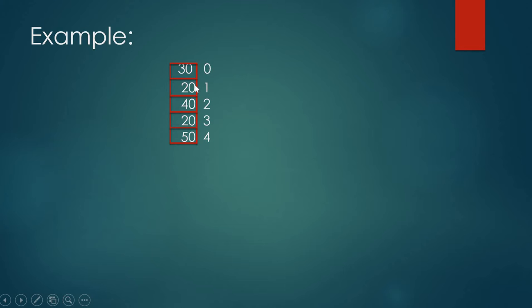Next, the element to be searched is 20. What is the frequency of 20? Here we can see 20 is present 2 times. So the frequency of 20 is equal to 2. Then for finding out the frequency, suppose we need to search 20. For that, the for loop runs from 0 to n minus 1, because the subscript is from 0 to 4. That is why the for loop is from 0 to n minus 1.